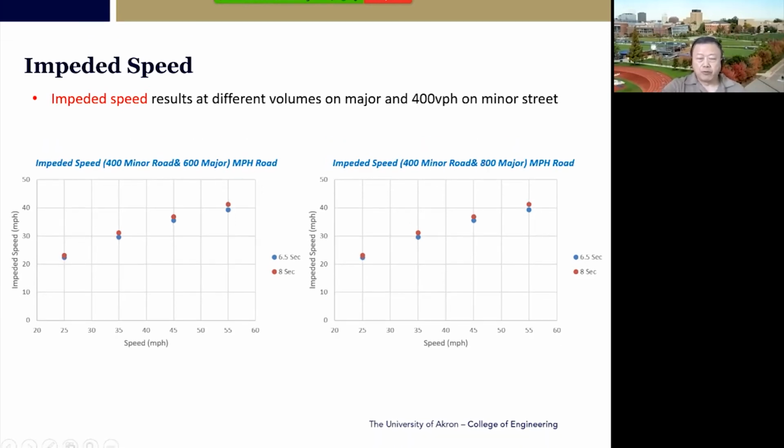Now, if we use 400 vehicles per hour on a minor road, and then you have 600 on the main, and also here's 800, you can see the difference is still small. What does it mean? It means that whether it uses 6.5 seconds or 8 seconds, it will not create much difference in terms of impact on traffic.